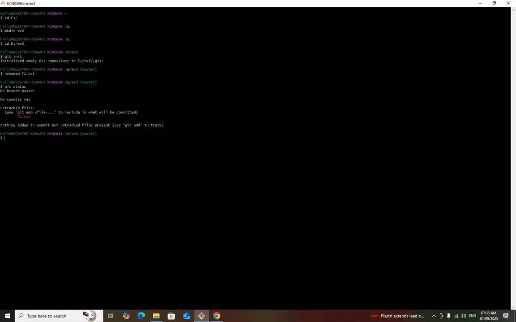So I am adding the file f1.txt to staging. After that I am committing version 1. git commit is a command to create versions. -m means message. What do you want to keep as the message? You can keep version 1. Okay.